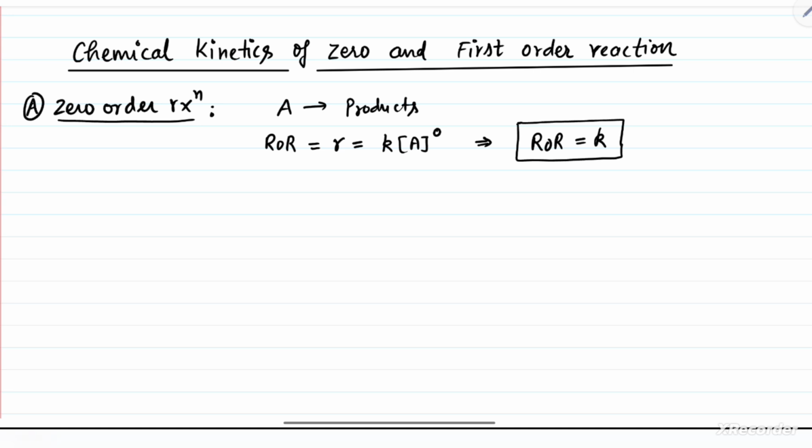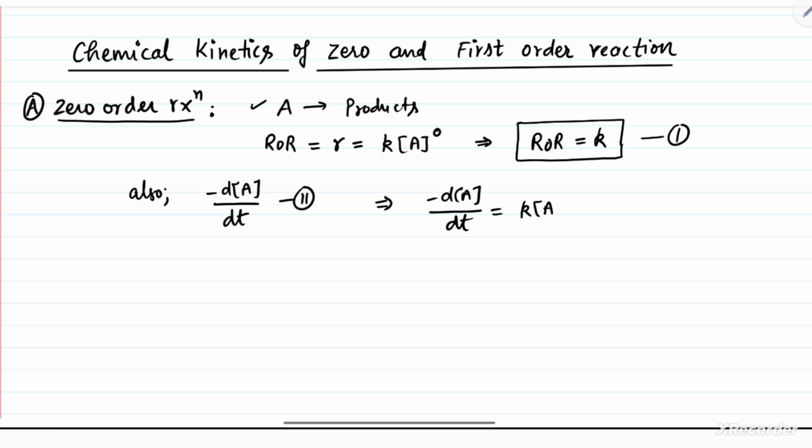Also we can write the differential rate equation. Zero order reaction can be written as minus dA by dt with respect to this reaction. So basically this is the first equation, this is the second equation. Both of them represent the same thing. It means minus dA by dt is equal to k into A to the power 0. So basically when we integrate these two,